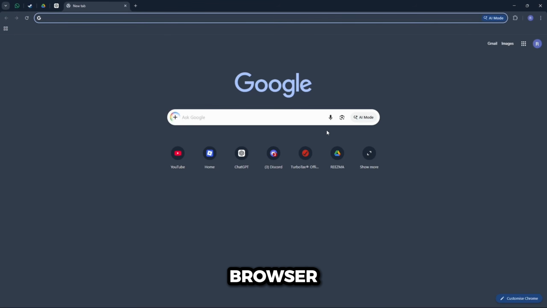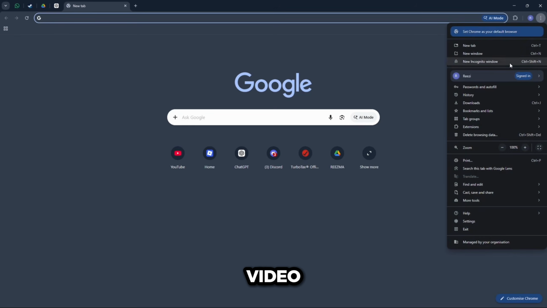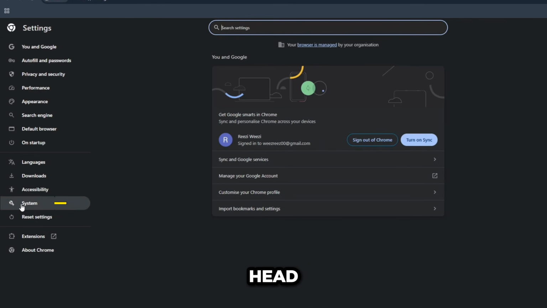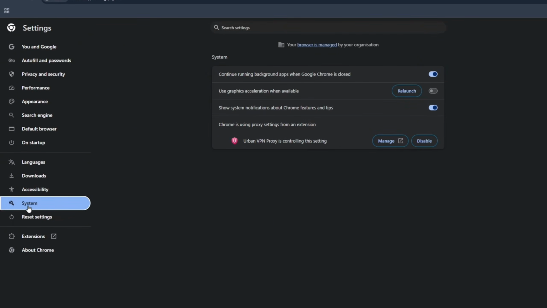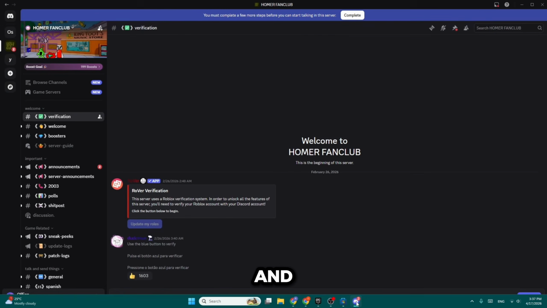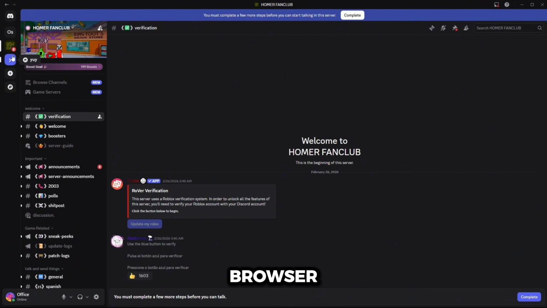Next, open your browser like Chrome, since that is where you will be playing Amazon Prime Video. Now click on three dots, select the option Settings. Now head over to the option System. Here you're gonna find this option, Use Hardware Acceleration when available. Disable this option. Once that's done, go ahead and open Amazon Prime Video in your browser and start playing